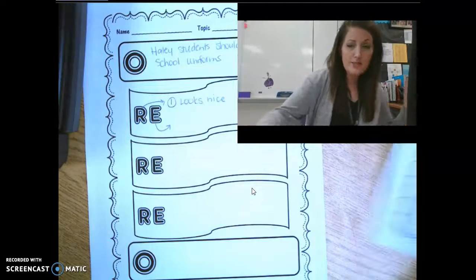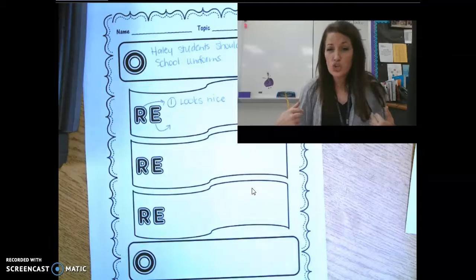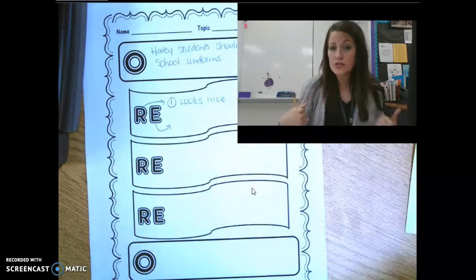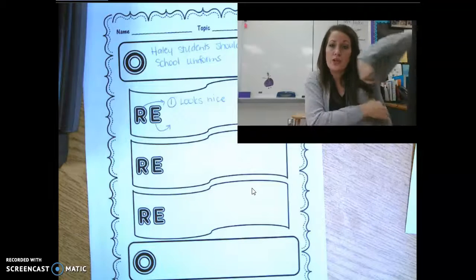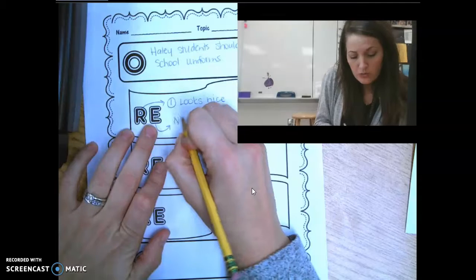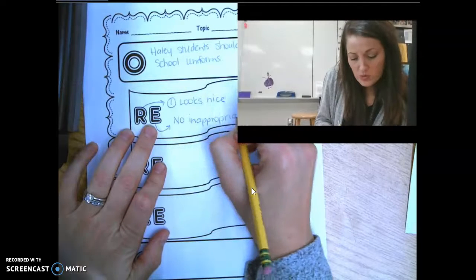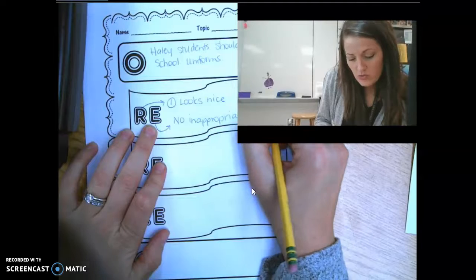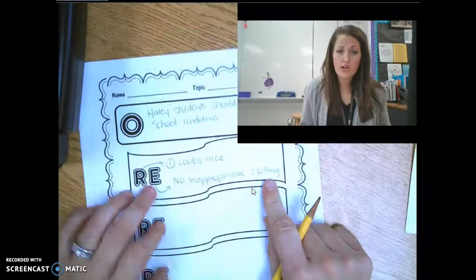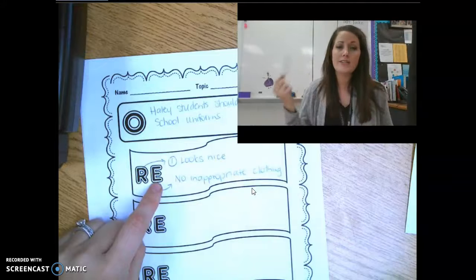So it looks nice because sometimes people wear inappropriate clothing. Like I might say something across a shirt or have a picture on it that's not appropriate, or have rips on it, or be too short or showing underneath their arms. So my example would be there'd be no more inappropriate clothing. So that is one example. However, I don't know if this is a strong enough argument for Mr. Howard to change the whole school policy for school uniforms.